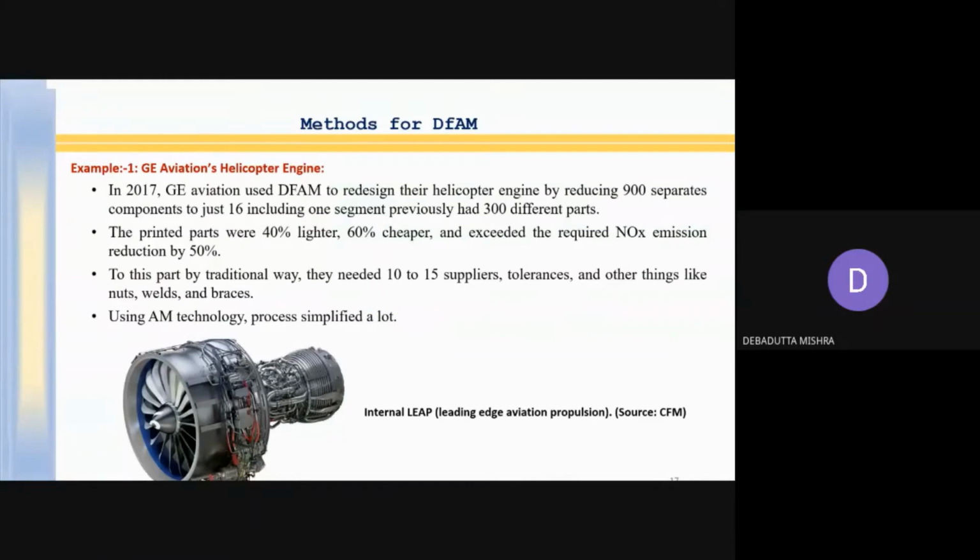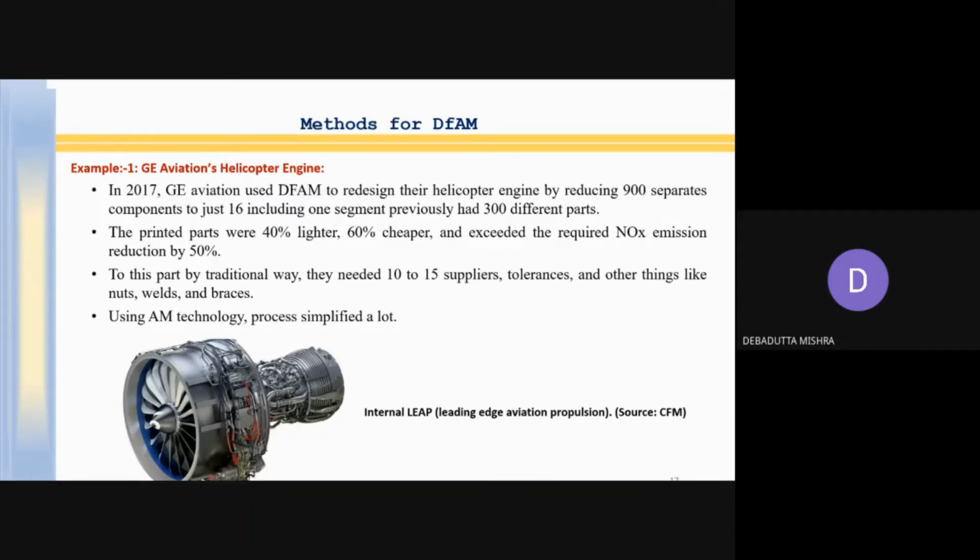The printed parts were 40% lighter, 60% cheaper, and exceeded the requirement for NOx emission by 50%. The 900 separate parts were converted to just 16. One segment was 300 parts, but the total was reduced to 16.